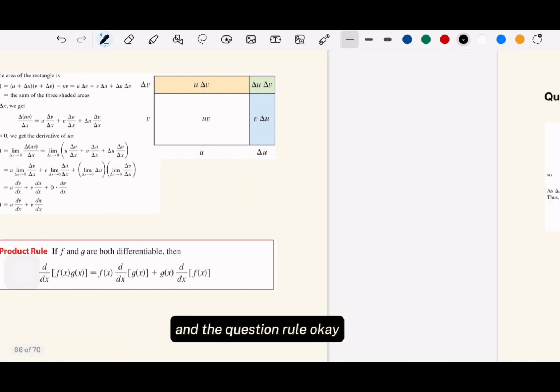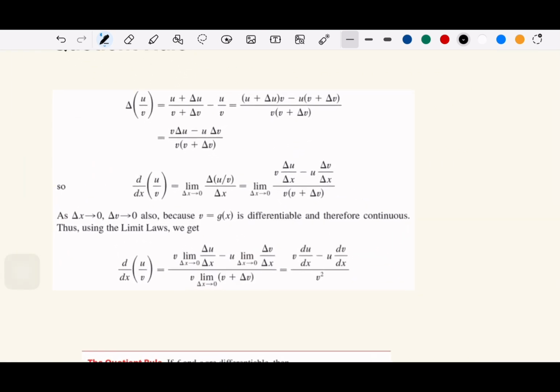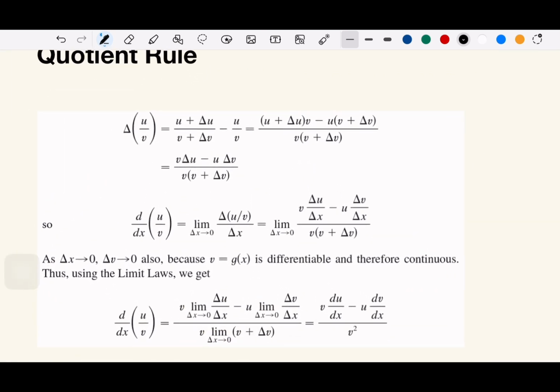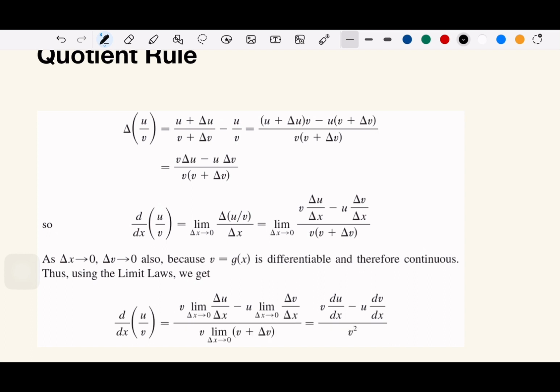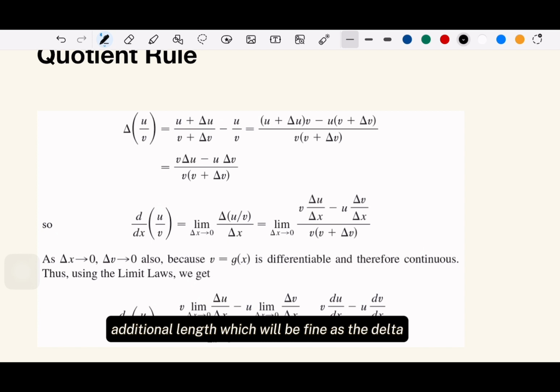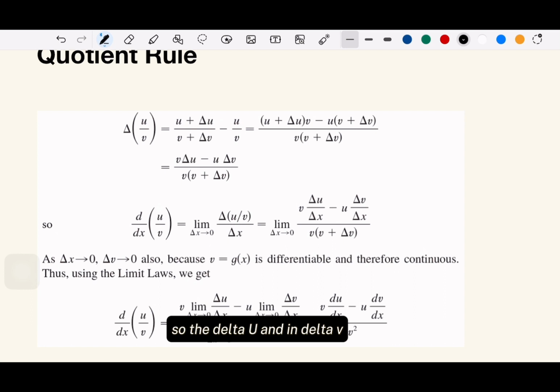Okay, and the quotient rule. I think our approach is similar. So we take u over v now, and then we are getting some additional length, which we define as delta. So the delta u and then delta v,